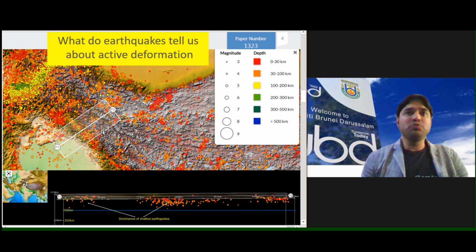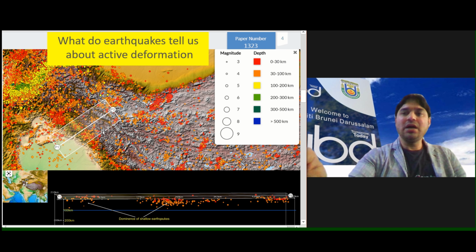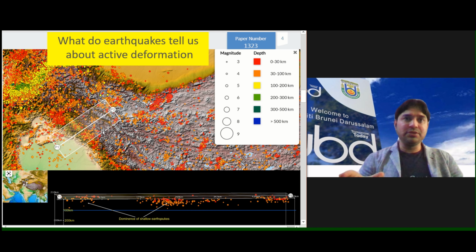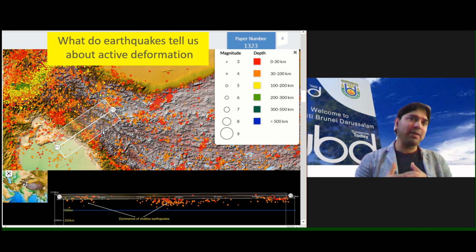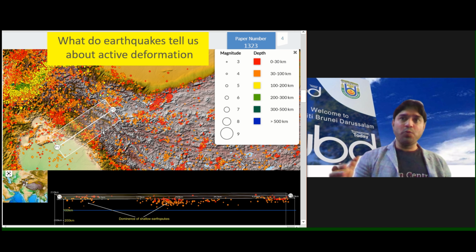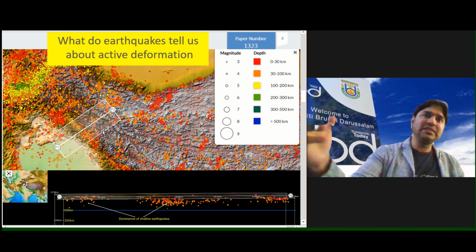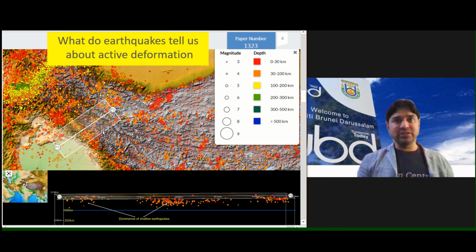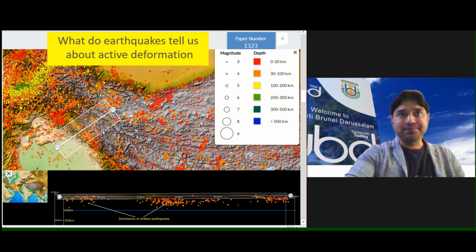So the question is, why would earthquakes come if those are so-called out of sequence faults? So there is nothing called out of sequence. As you can see from here, everything is in sequence. Do you understand? So it's a systematic pattern of how faulting happens. There is basically no sequence. Whatever fault gets more stressed, it's going to break. It doesn't matter whether it's in the interior or in the frontal portion. That's what I think about.